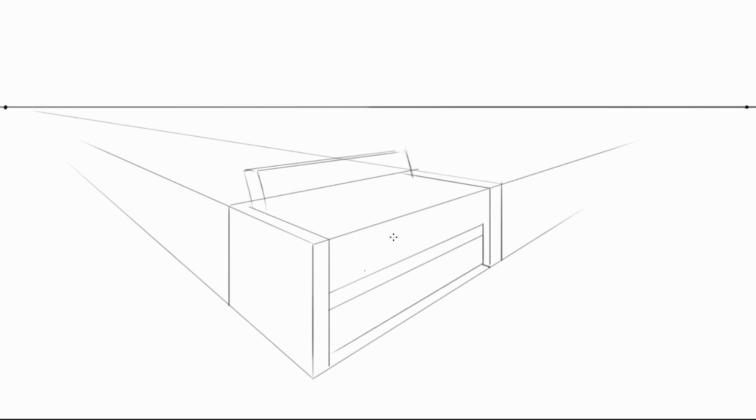So now add the bottom part, like the cushioning area, to the backrest, and erase extra lines side by side, so you don't get confused with the extra lines.